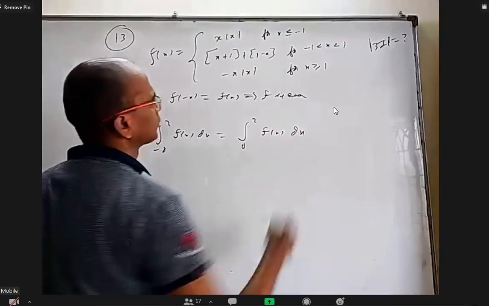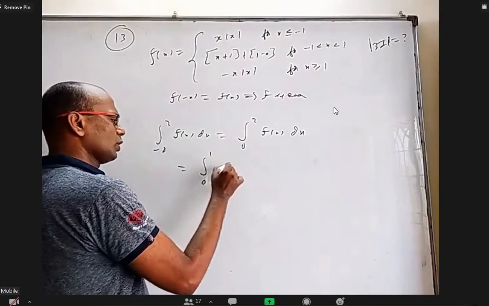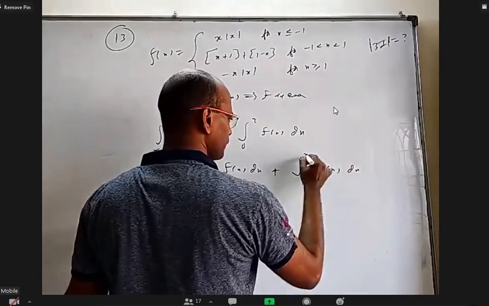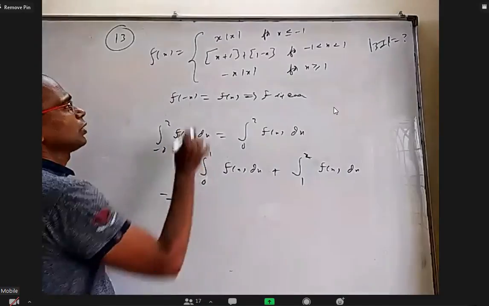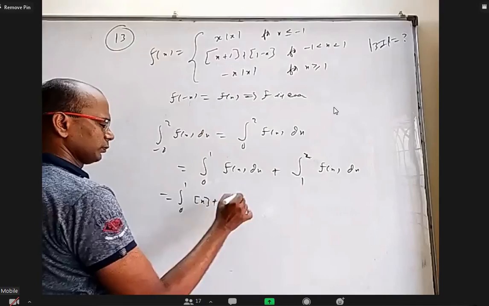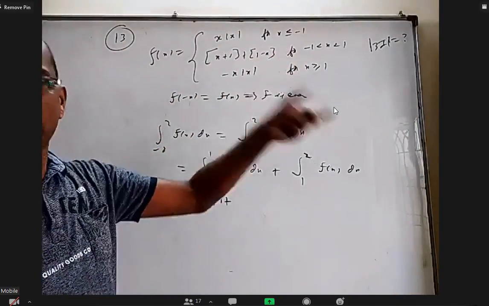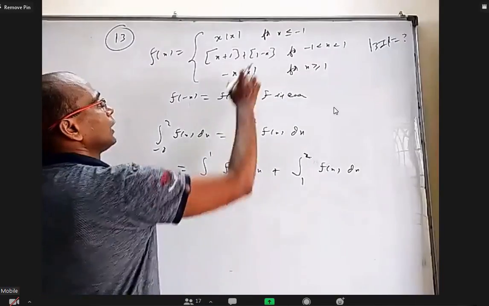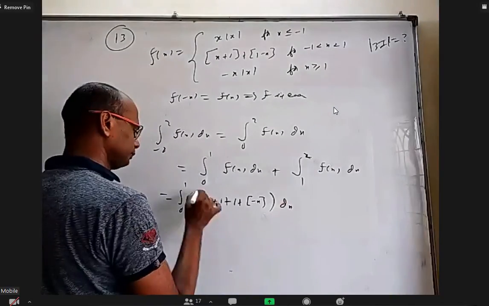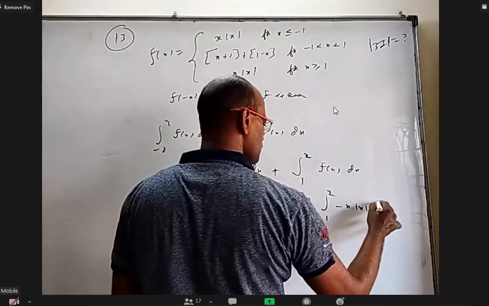Then the integral from minus 2 to 2 of f of x dx, I can write as 2 times the integral from 0 to 2 of f of x. But I need to break at 1 because the function definition is changing. So 0 to 1 f of x dx plus the integral from 1 to 2 of f of x dx. Between 0 to 1 I have to use this. But integer part of x plus 1, I can take 1 outside. I can directly tell between 0 to 1 what happened to this, but I want to show something else. And this one also I can take out, it will be 1 plus integer part of minus x dx. And between 1 to 2, this is minus x mod x.